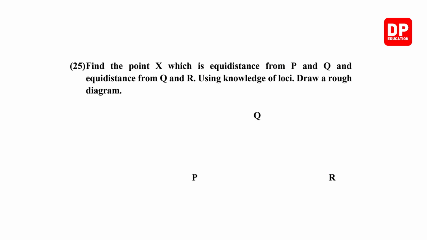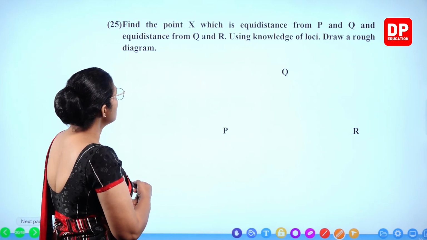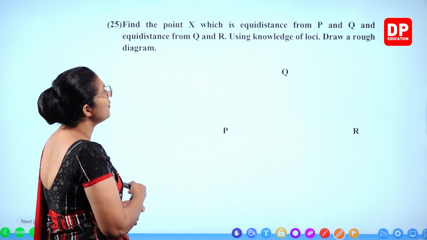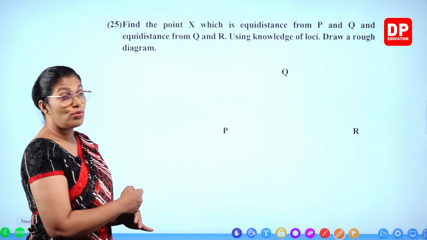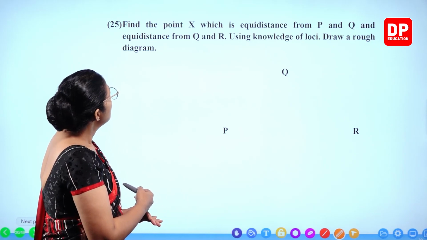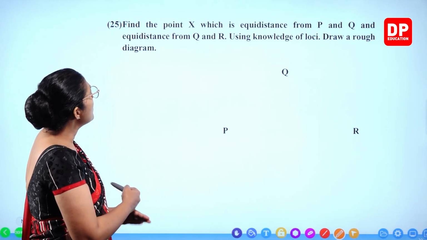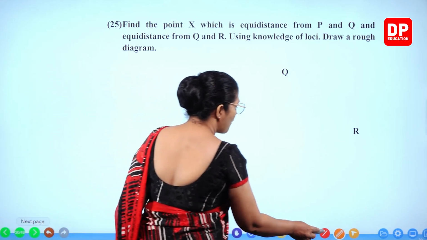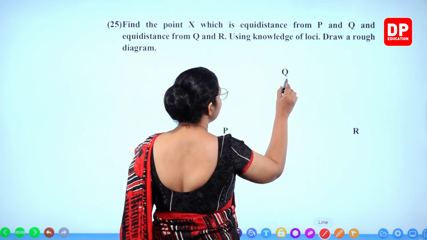Question number 25. Find the point X which is equidistant from P and Q and equidistant from Q and R. Using knowledge of loci, draw a rough diagram. So you don't have to use the compass, you can just sketch it. So equidistant to P and Q. So that means you have to draw the